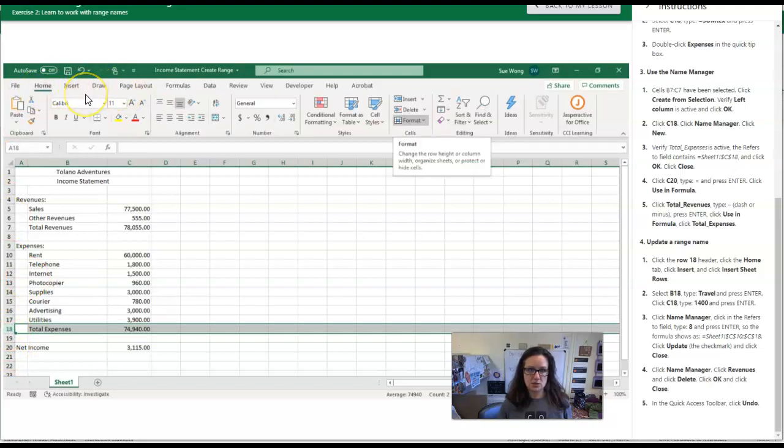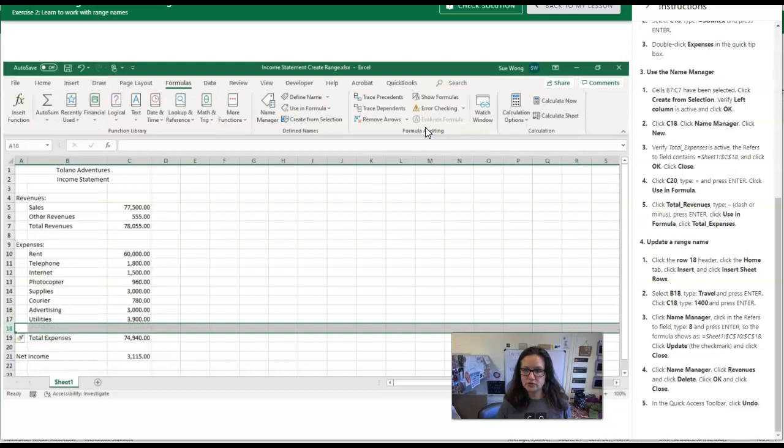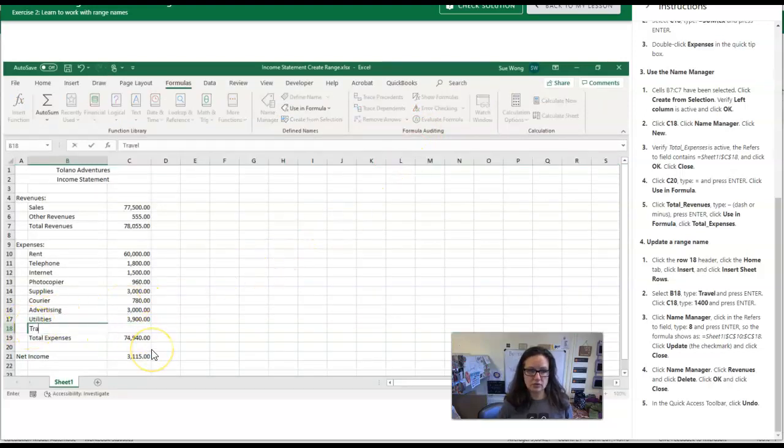Insert, we want to insert sheet rows, so B18 and Travel, press Enter. And C18 for $1,400, press Enter, click Name Manager,